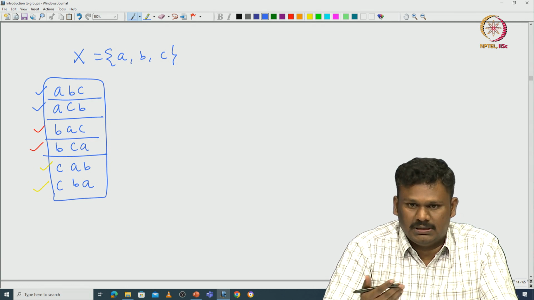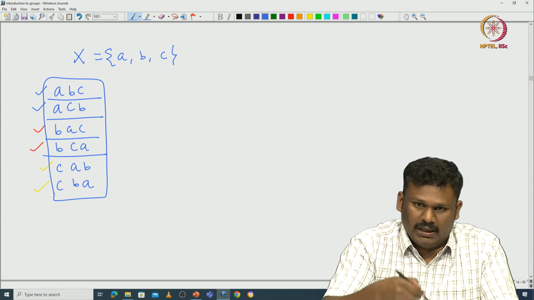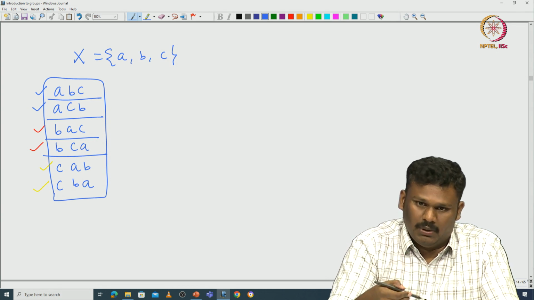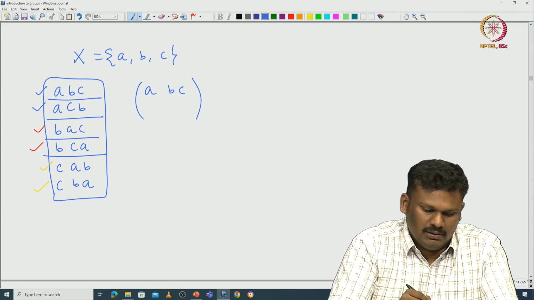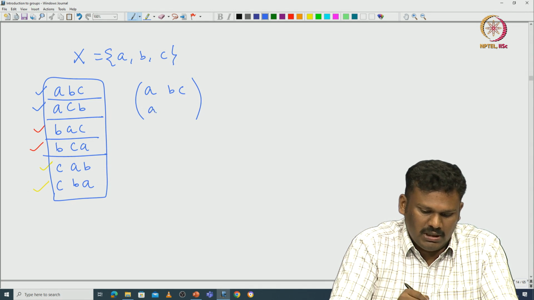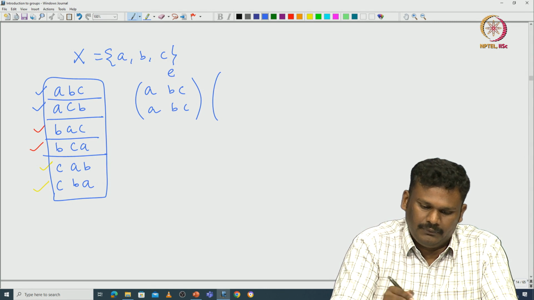Permutation functions, the dictionary is very easy, because with ABC we keep it as the domain and then we write down what will be the image at the bottom. So, we write ABC. The first one is just A goes to A, B goes to B, C goes to C. This is what is called the identity.